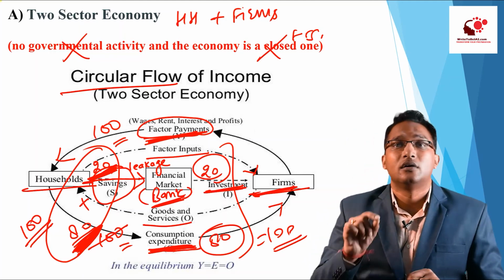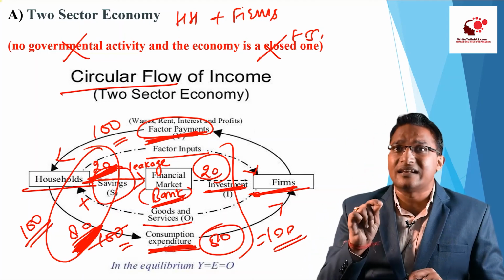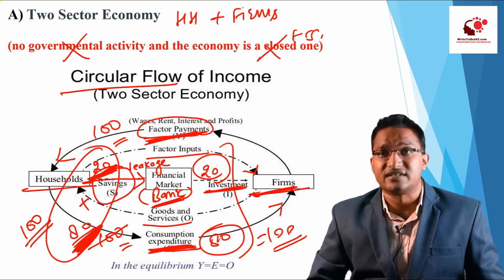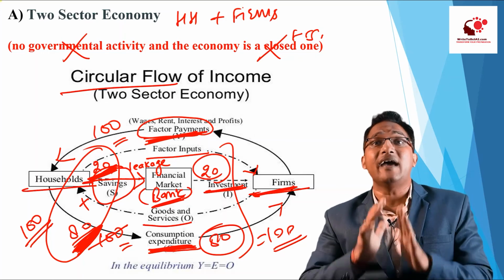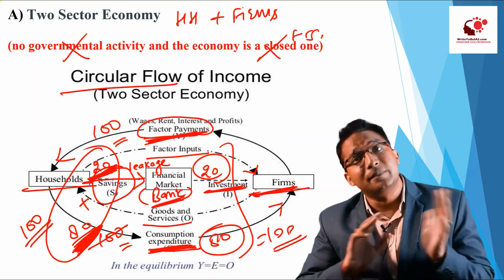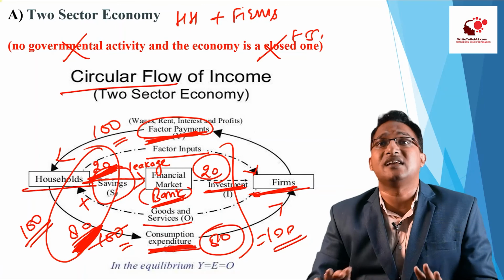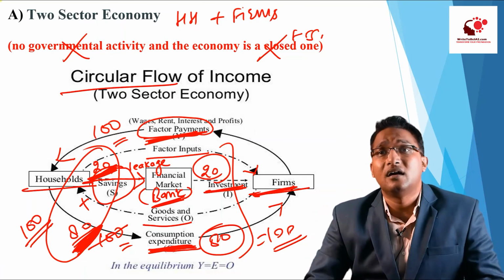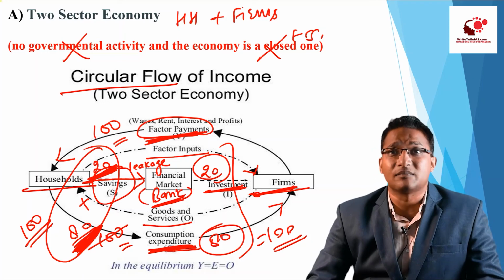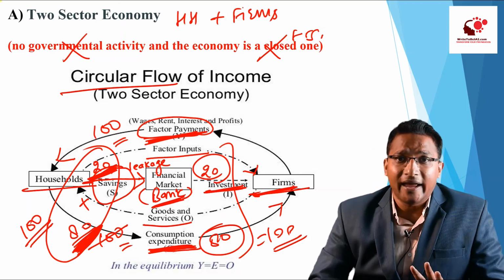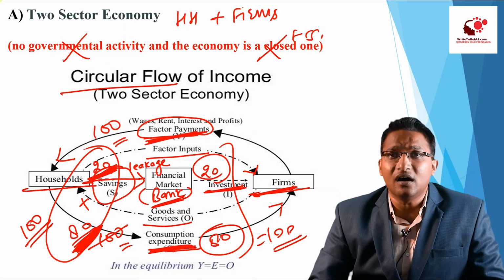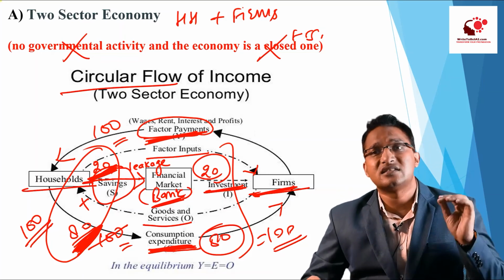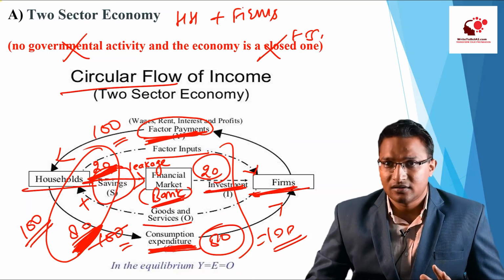Second, the bank is lending entire money. The bank is not having any reserve with itself. The bank is lending entire 100% money to the businessman for the investment. This is our basic assumption, right? However, in the practical world, it does not happen this way. There is some kind of cash within the household and some amount is also held by the bank. But for the sake of understanding, we are assuming that this savings is equal to investment, right?